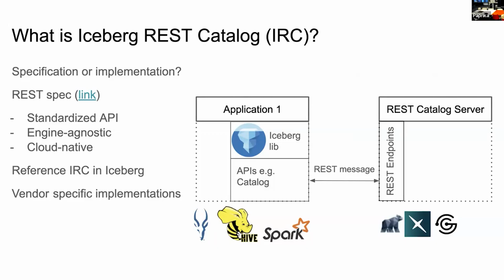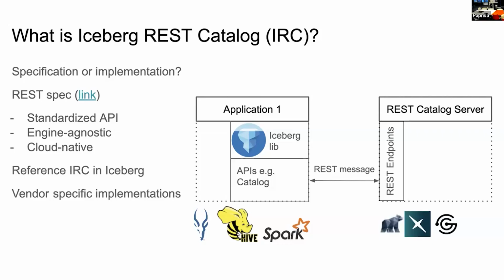But is there anything else? And yes, there is. There is a reference implementation of this Iceberg REST spec. If you take a look at the reference implementation, let's say the reference IRC, so IRC stands for Iceberg REST Catalog, that's very, very basic. It is for demonstration purposes. It contains very basic functionality like creating a table for you. You can set it up to run as an HTTP server and then use it for your tests, but it is not recommended for production.